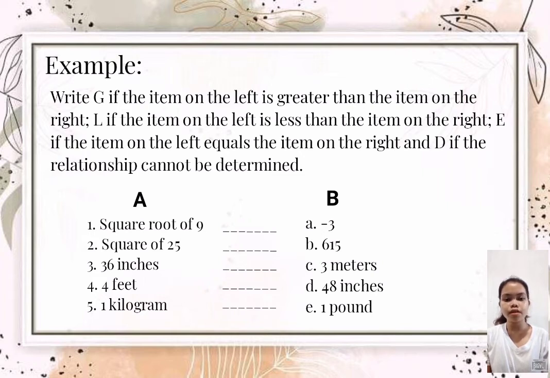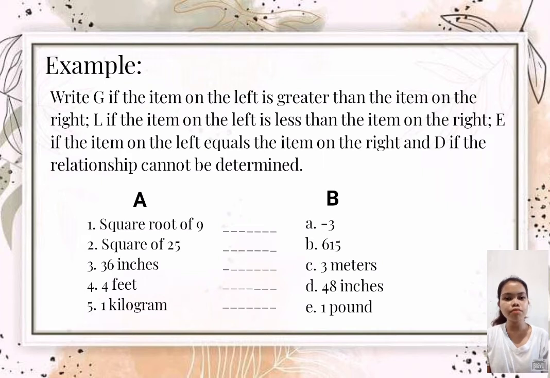and D if the relationship cannot be determined. For number 1, the answer is G because the square root of 9, which is 3, is greater than negative 3. For number 2, the answer is G because the square root of 25 is 625 and is greater than